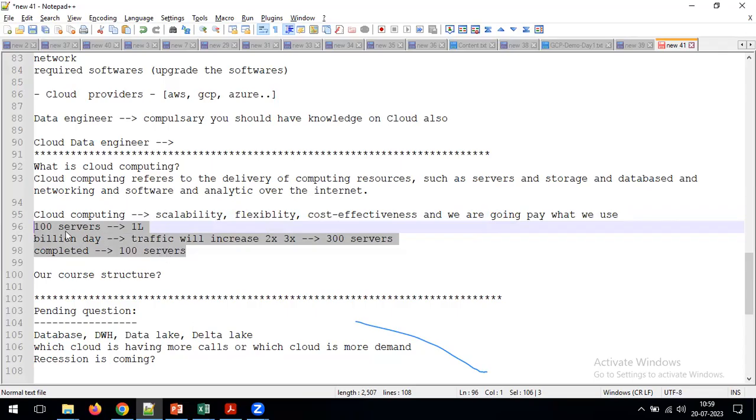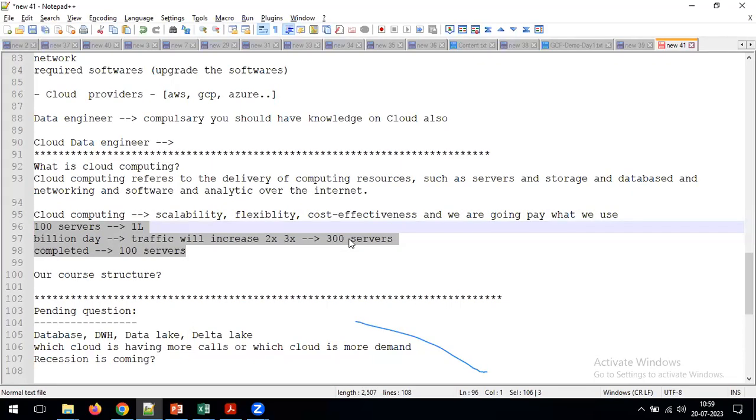Yes, right, because if you want to increase 100 servers to 300 servers manually on the on-premise system, it will take so many days, and we also need to maintain the admin system and the network system. It will take a good amount of time, and we need to pay money to all these people. But once we use the cloud, all these things happen automatically within a short span of time, and using a limited number of people.